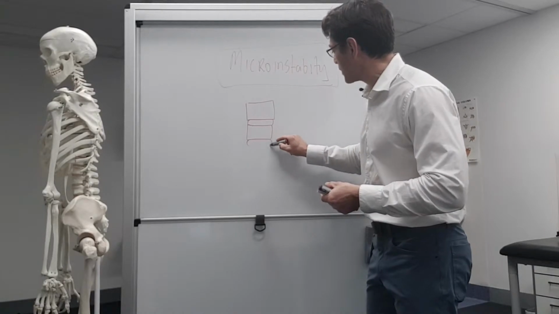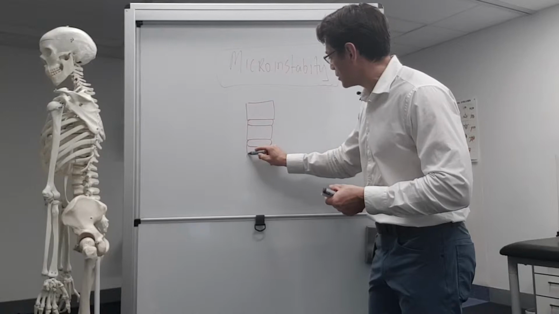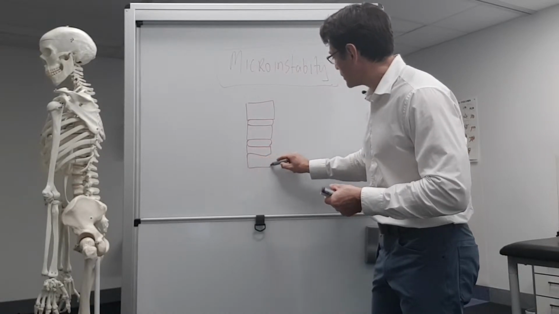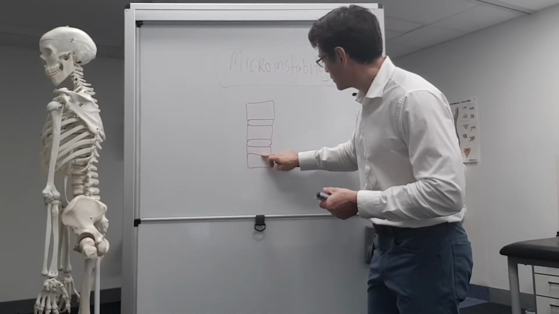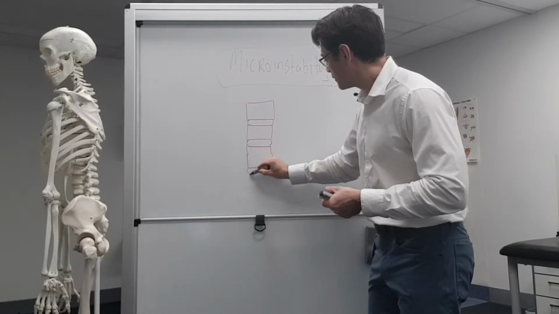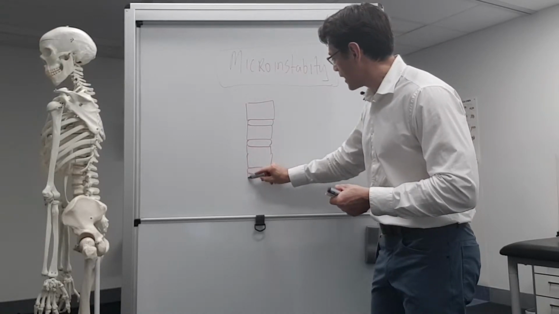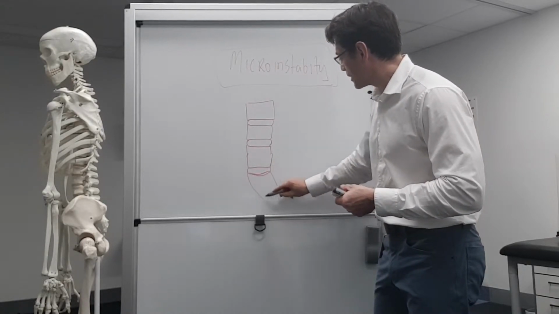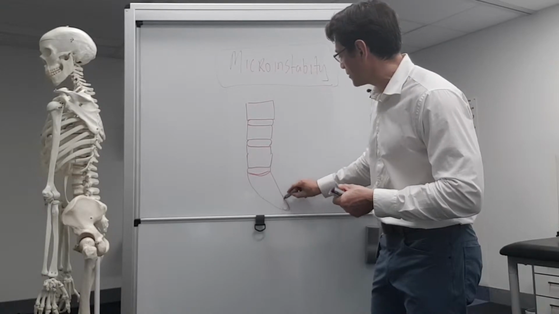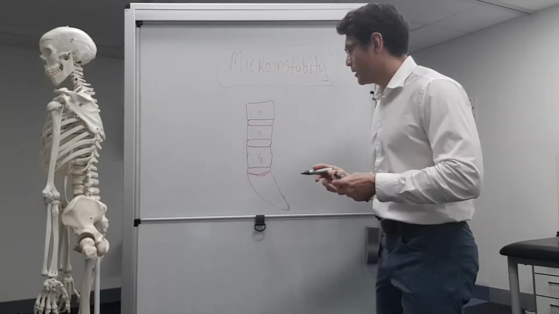And if we're talking about the lumbar spine, we can draw in 5 lumbar vertebrae, and then we come down to the sacrum. Okay, so that's the sacrum, and we can go 5, 4, 3, all the way up to 1 for our